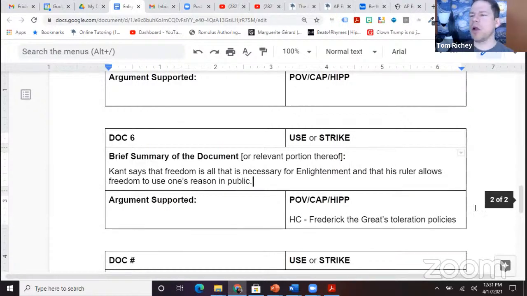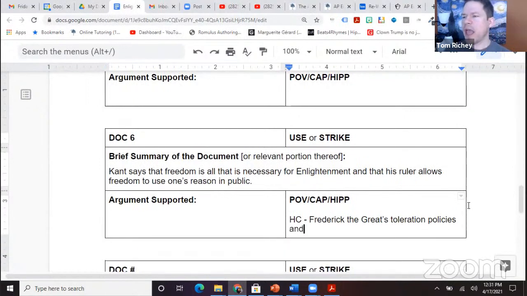Okay, so note here, Frederick the Great's religious toleration policies